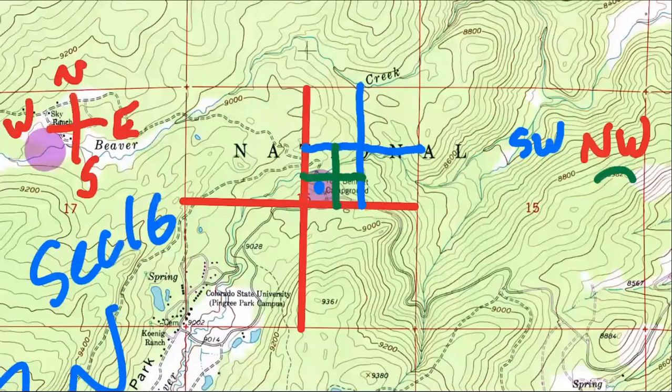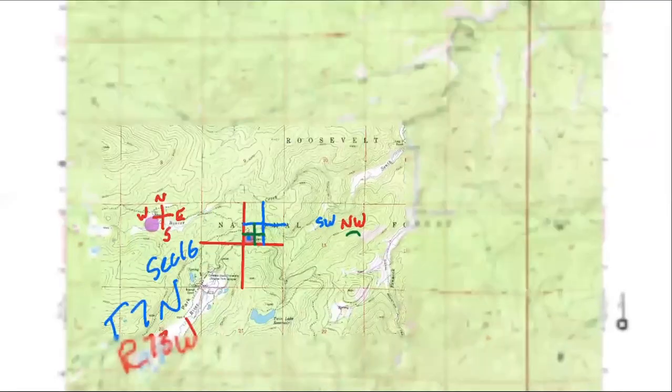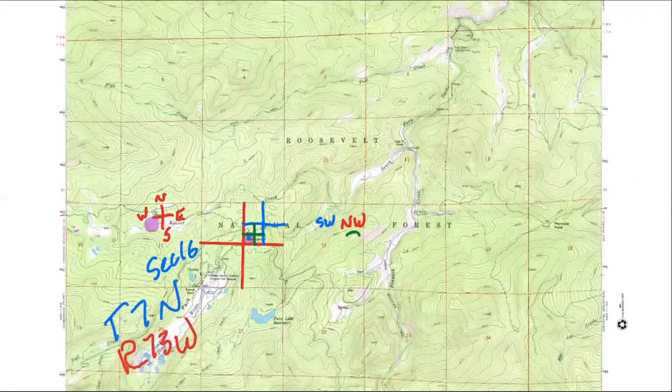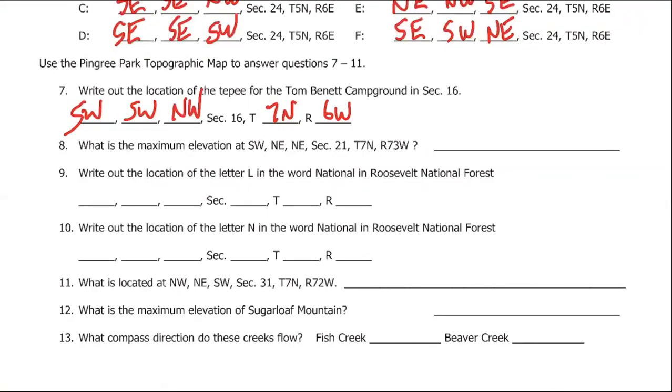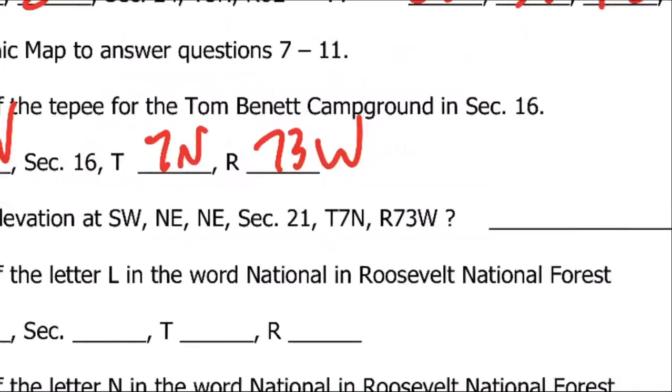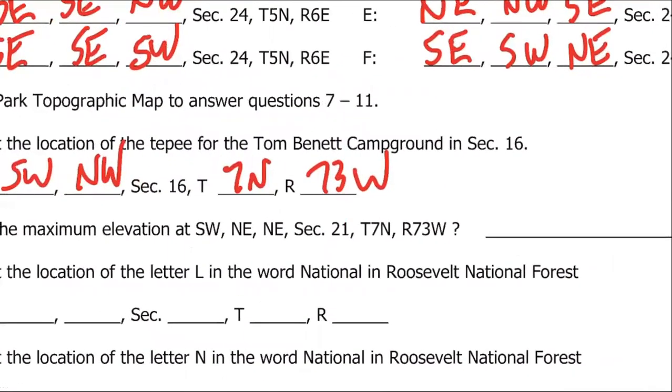So we are in southwest, southwest, northwest. I got that right. We're in Township 7 North and range 73W, not 6. 73W. Wow. Okay. All right. Oof. Now we're going to go backwards and we're going to use these coordinates, and we're going to kind of